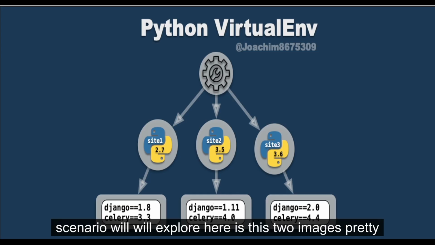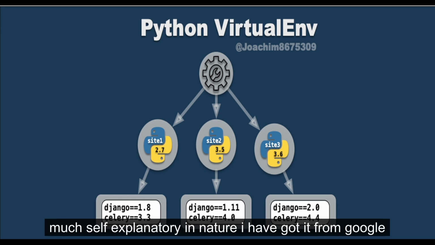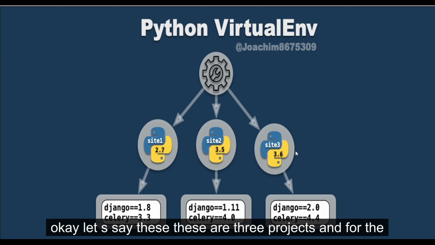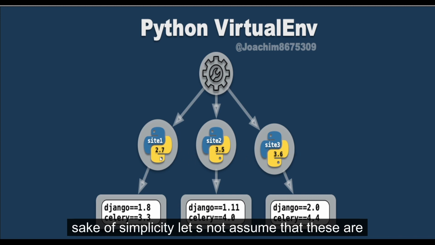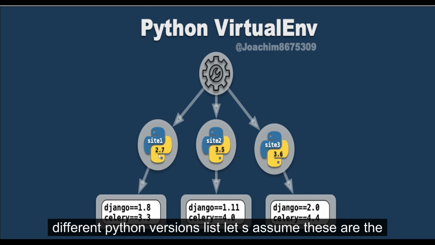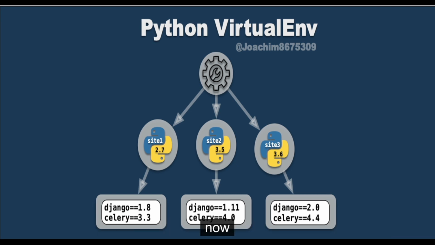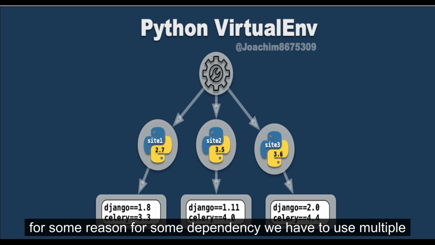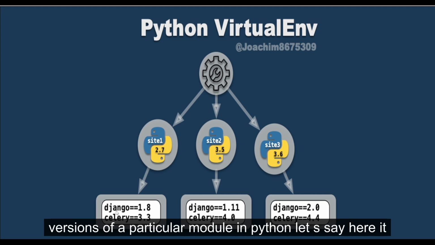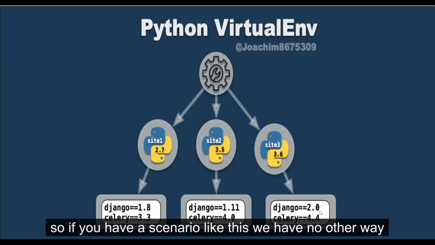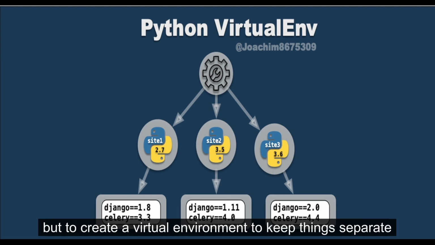Second scenario we'll explore here is these two images, pretty much self-explanatory in nature. I have got it from Google itself. All right, so let me tell you what is here. Let's say these are three projects, and for the sake of simplicity, let's not assume that these are different Python versions. Let's assume these are of the same version, let's say all are using 3.5 across all three projects, right? Now, for some reason, for some dependency, we have to use multiple versions of a particular module in Python. Let's say here it is 1.8, and here it is 1.11, and here it is 2.0. So if you have a scenario like this, you have no other way but to create a virtual environment to